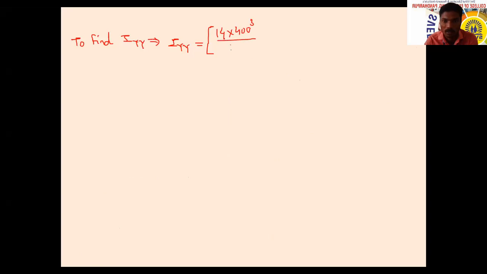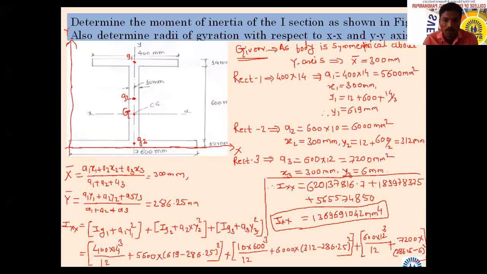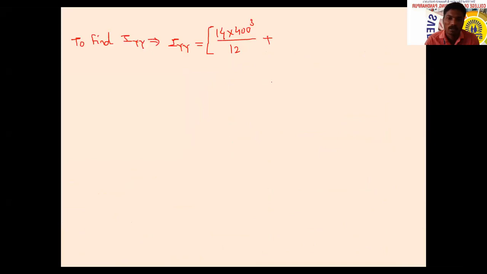So cube of that divided by 12 plus, let us go to the second rectangle. Which dimension is going to cut for the second rectangle? Tell me which one is cut, the middle rectangle. Before that I will tell you: vertical is 600 and horizontal is 10 for the second rectangle. 10 and 600, which is cut? 10 mm is going to cut. So 600 remains as it is, 10 mm is going to cut, divided by 12 plus